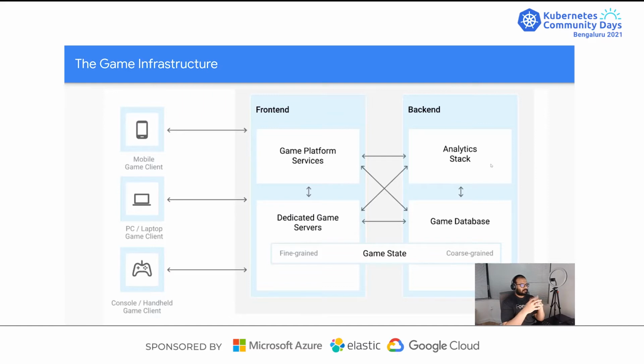There are multiple pieces of game servers today. There is a front end, there will be a back end, and the front end has game platform services. Game platform services are where you'll have leaderboard, match history, matchmaking, online lobby, chat, authorization, group, profile, etc. This is a database where you'll have all the information required, which makes all these products work. The dedicated game servers are where exactly players connect and play.